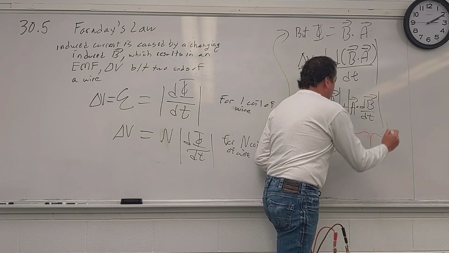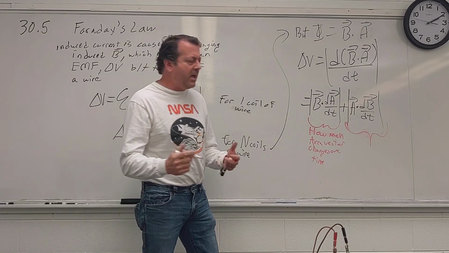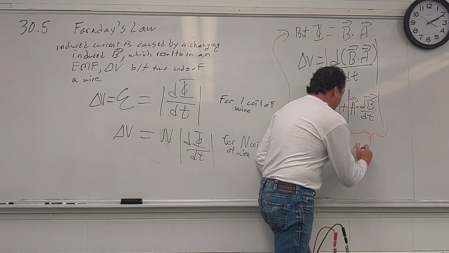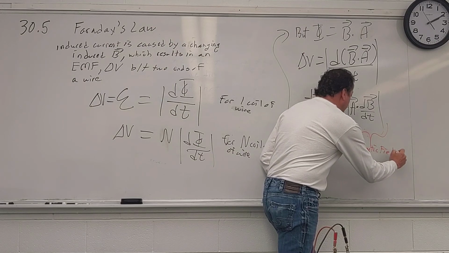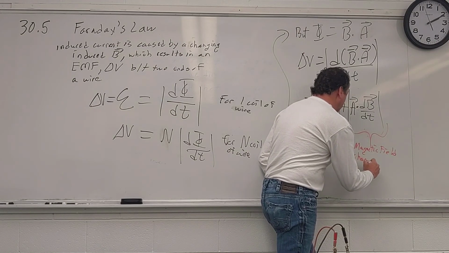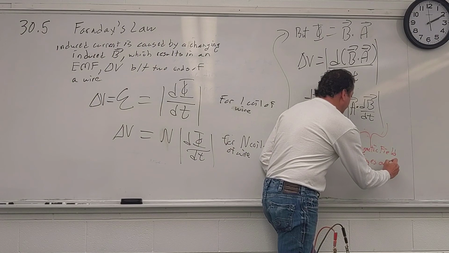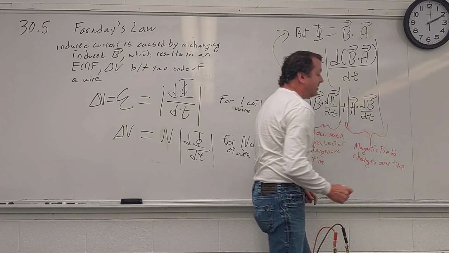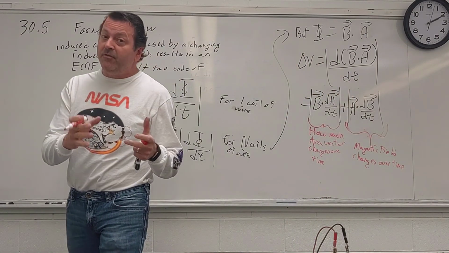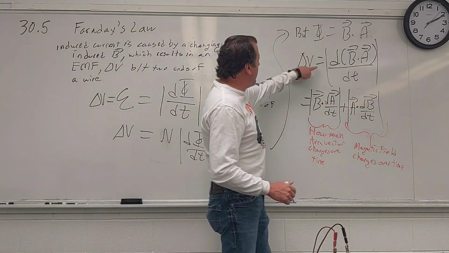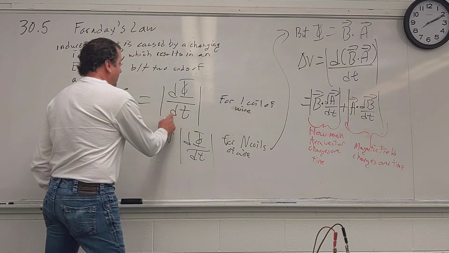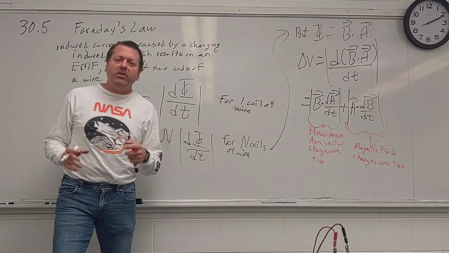This part is how much the magnetic field changes over time. And since it's a vector, that could be the strength of that field or the direction of the field. So this one equation right here takes into account both of those because